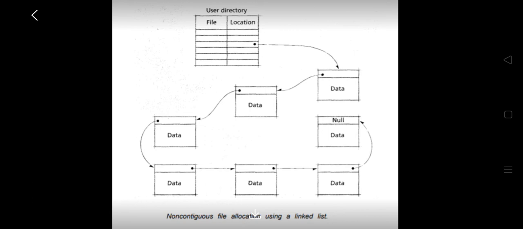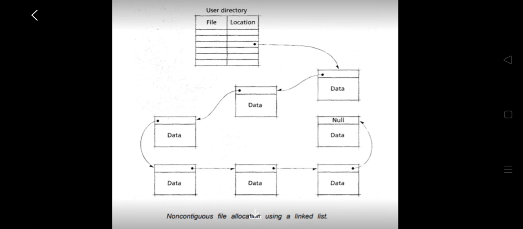Locating a particular record requires searching the block chain. This searching will continue till the appropriate record is found. The chain must be searched from the beginning, and if the blocks are dispersed throughout the disk, which is normal in this case, the search process can be slow as block to block seeks occur.